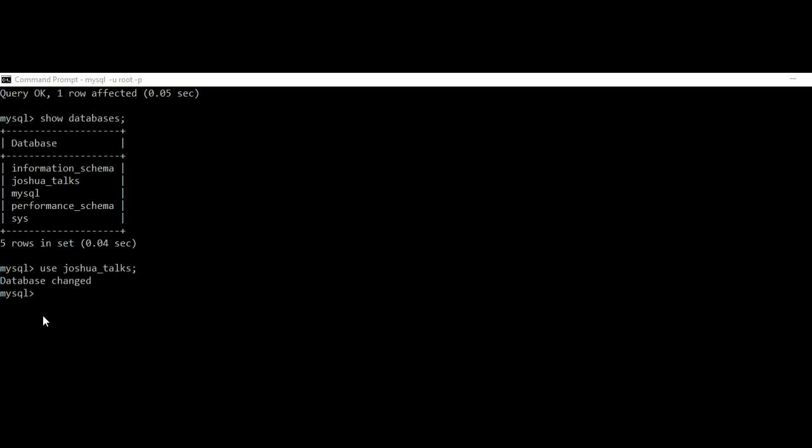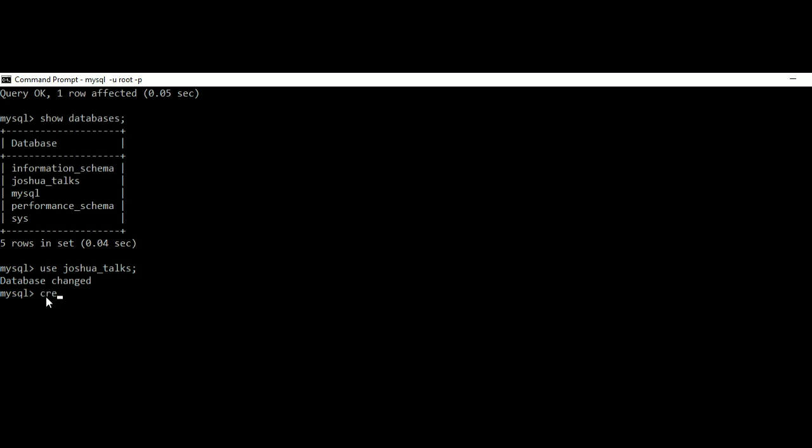So now we have completed the first DDL command called create database. Now we are going to see the second DDL command called create table. The create table command is used to create the table. Here we have to specify the attributes of the table and the size of each attribute. Let us say now we are going to create a table.